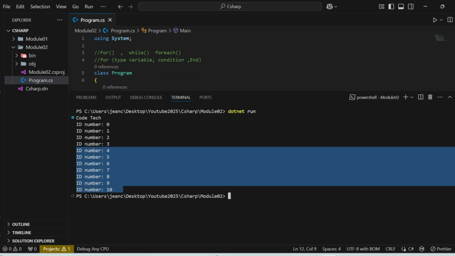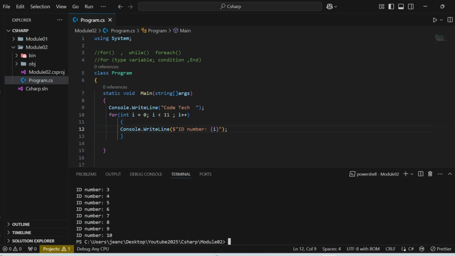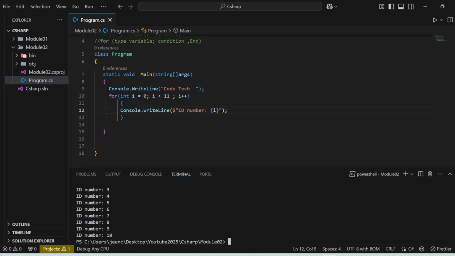Now, as you can see, I've printed out the ID from 0 to 10. Why from 0 to 10? I did it here from 0 to 11. So if i is less than 11, now print out, since C sharp,